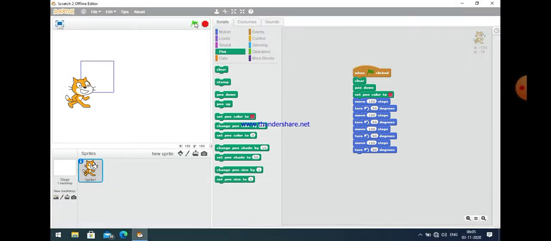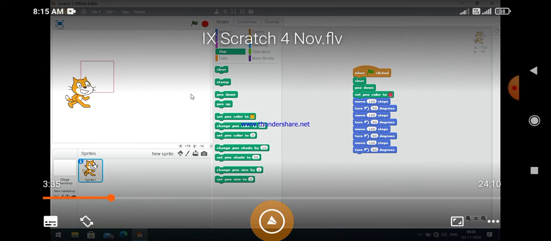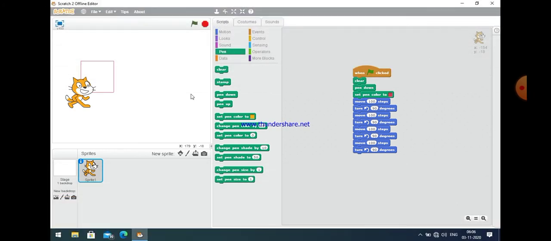Let us see. Now you can easily see here that the color of the square is changed. Okay, now I think it is very easy for you to make a square.